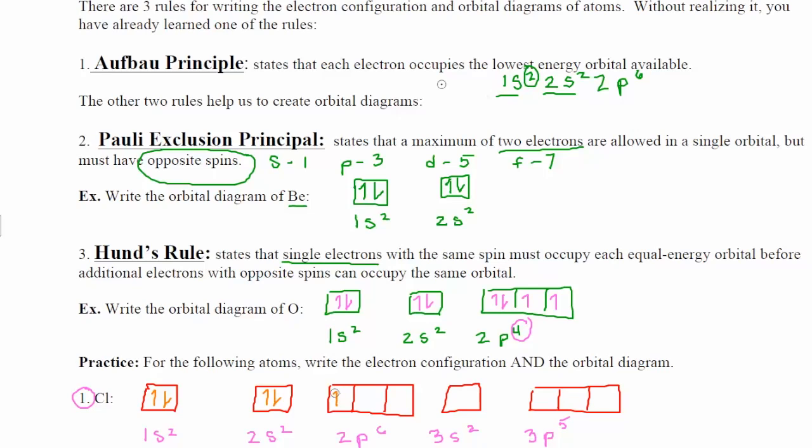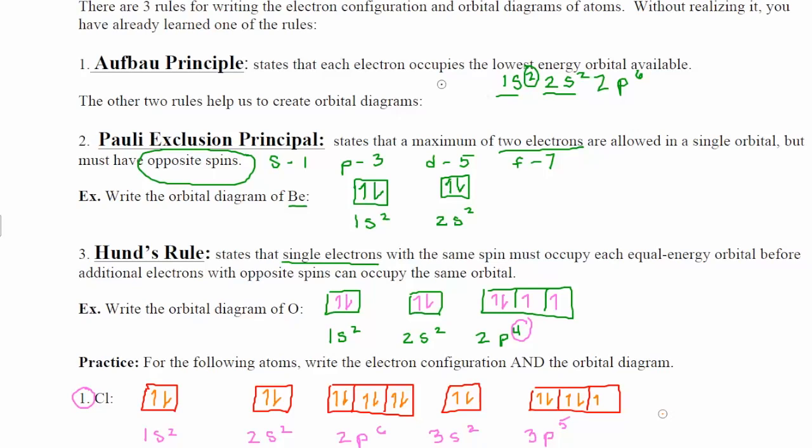So I've got 1, 2, 3, and I'm going to go back, 4, 5, 6. Okay, that works out perfectly. For 3s, I've got 2 electrons, so one up, one down. For 3p5, I've got 1, 2, 3. Then I'm going to go back, 4,